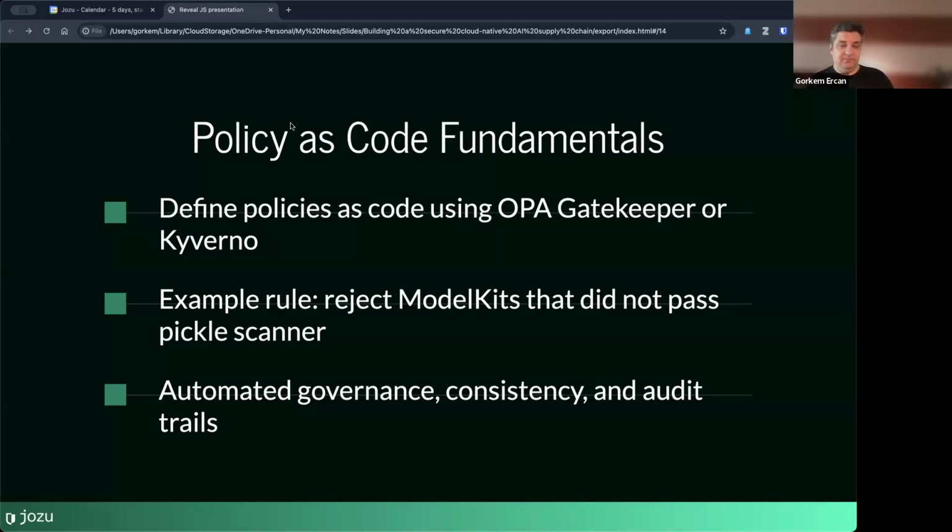All right. Let's talk a little bit about policy as code, what they are, where they are coming from.